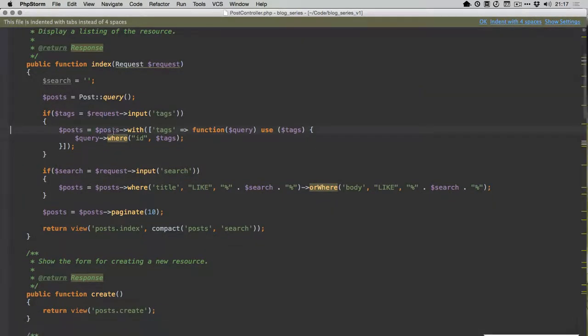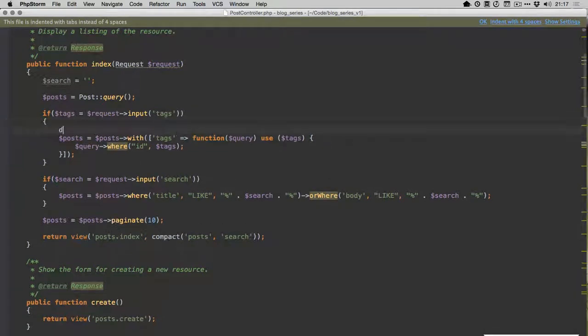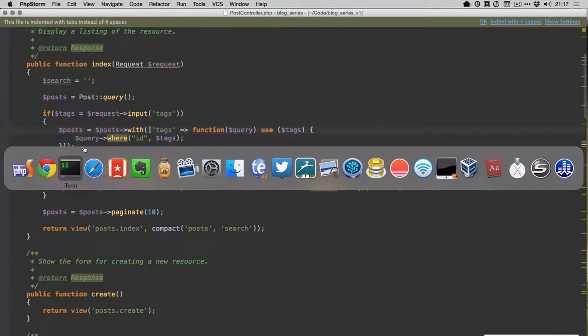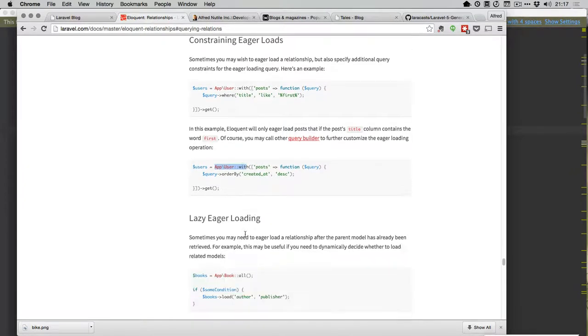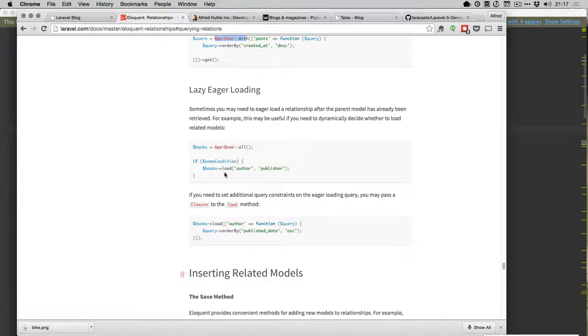Now we're saying post with tags, query where tag ID equals tags. And we definitely know we got tags. Yep, 1. And then we look at the docs, and they say order by. Order by is easy. Load. Load. Okay. So,